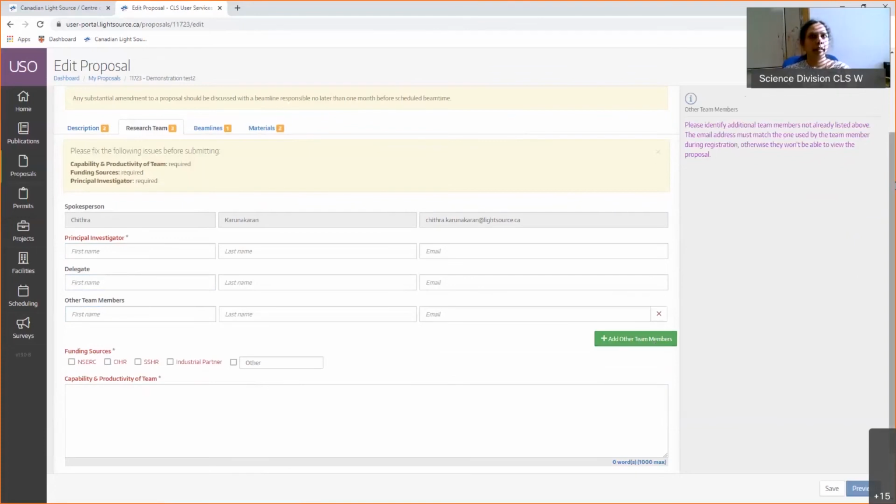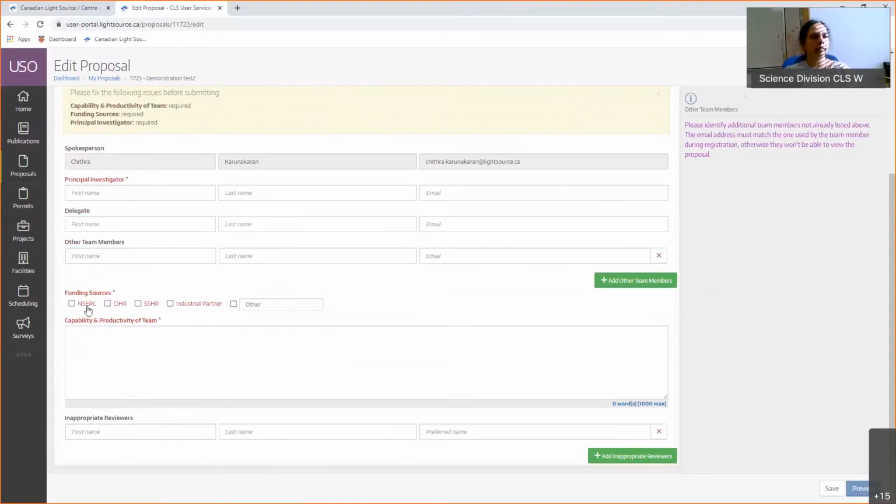Okay. Another thing, source of funding, you have to select it, and capability of the team. This is where you list all the people in the team. You have to write all the people listed up here and give their name and their credentials or background, meaning, for example, I am a graduate student starting my PhD now, and I will be working in this project.